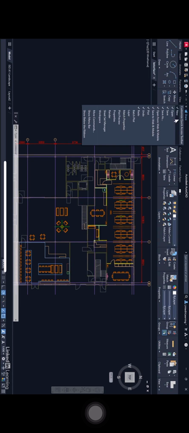Now, you'll notice there's all the commands that are there already. There you go, they're ticked. But I can add other commands that I might want to access quickly, hence the name Quick Access